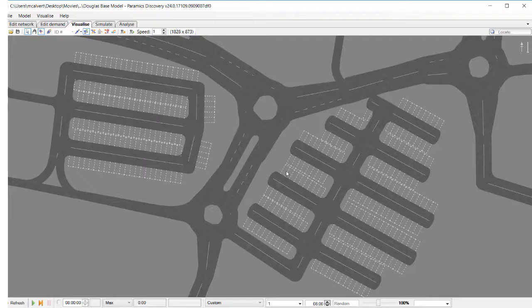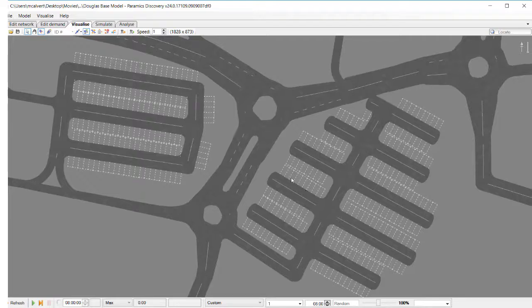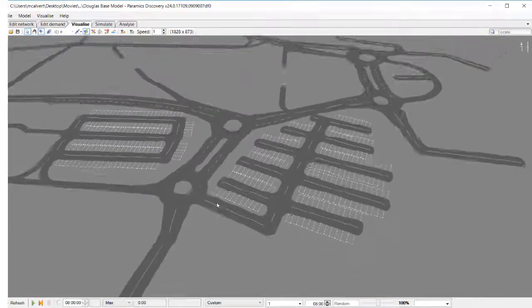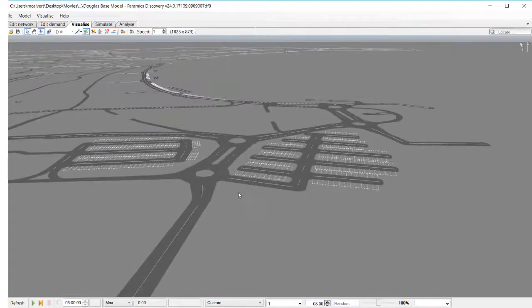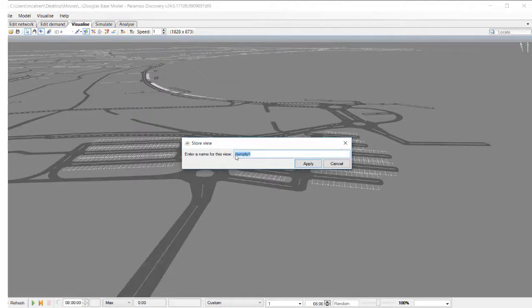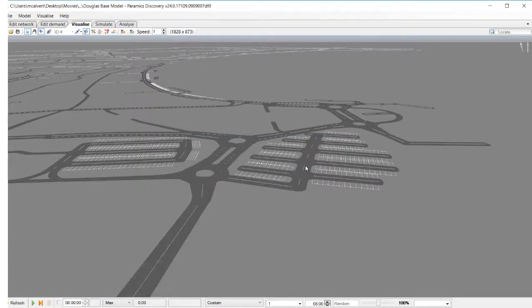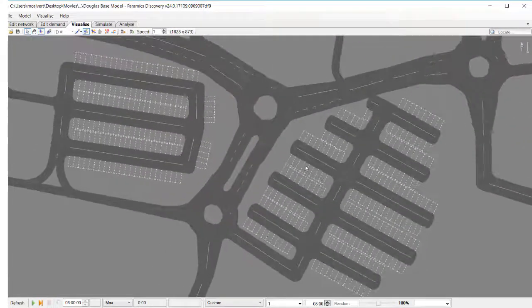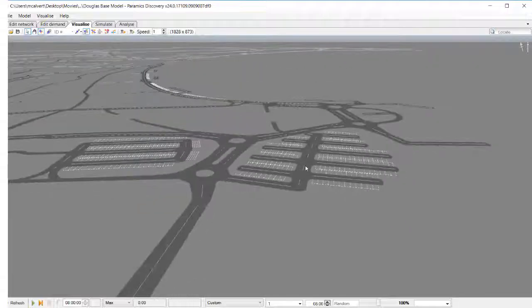Now it's very, very easy to store a view. So let's move to a new angle of the model, let's say this one. And I could go to my Visualize menu, Store View, and go to one that's empty. And we'll just call this number 7 in the sequence and apply. And now if I hit 6, I'll go back to there, and then 7 takes me back to my new